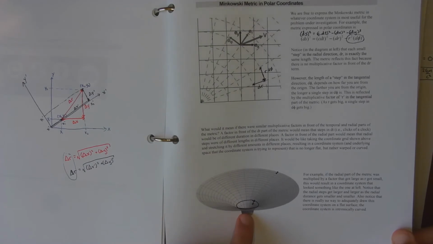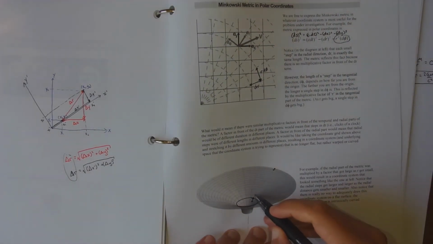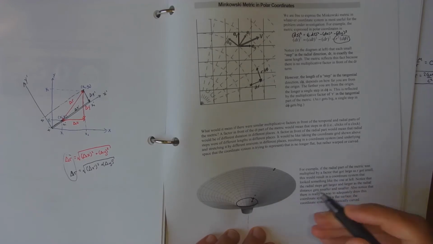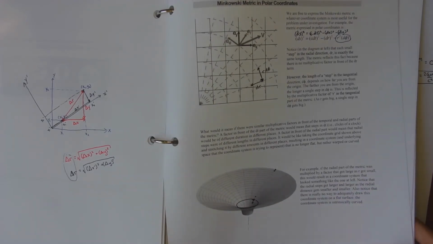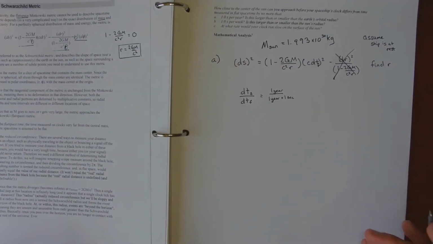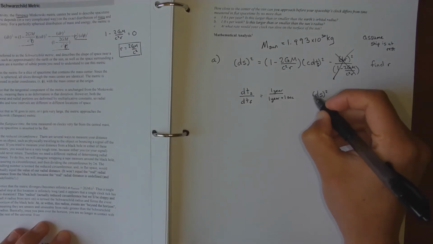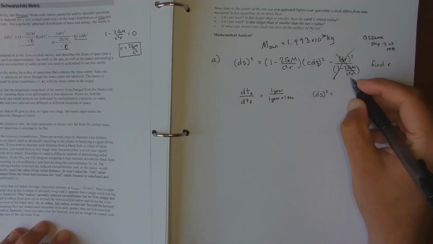So if you're really far away, you can tell that here space-time is distorted. But if you were close, like if you were right here, space-time would look flat to you. So the people who are in the spaceship actually get to use the Minkowski metric. So for the spaceship, we have ds squared is equal to